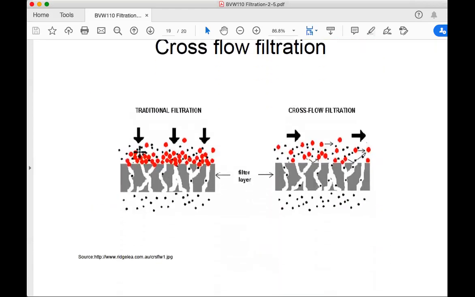Illustrated better here, actually. So comparing the two methods. In the traditional method, we fire out particles, eventually block up our pores, and have the wine move through, and then in crossflow we're going across the filtration media with a pressure gradient on either side. So we've got high volume, high pressure on this side, and on this side here we've got a lower pressure, so the clean part of the wine is able to make it across